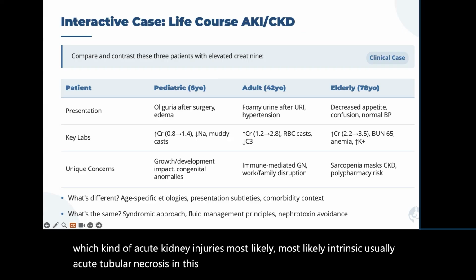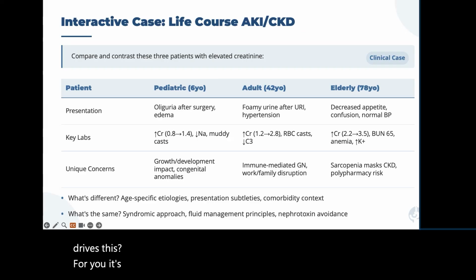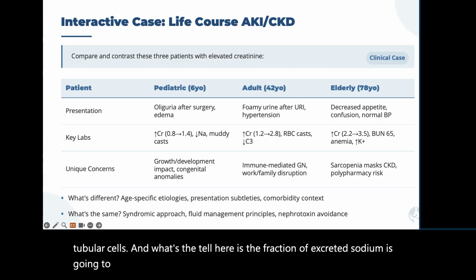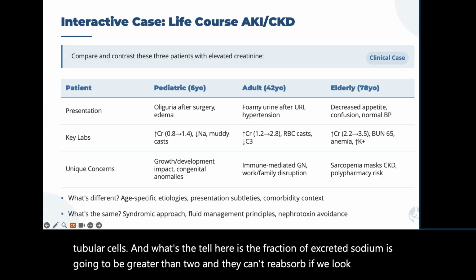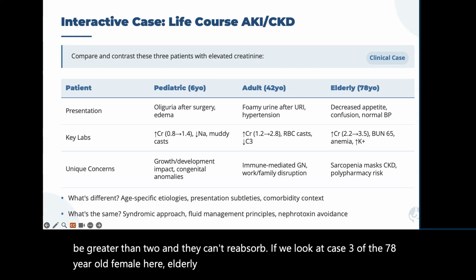And what's the finding that drives this home for you? It's the muddy brown granular casts. That's the sloughed off tubular cells. And what's the tell here is the fraction of excreted sodium is going to be greater than 2, and they can't reabsorb. If we look at case 3 of the 78-year-old female here, elderly person, normal creatinine, but it's 1.2,